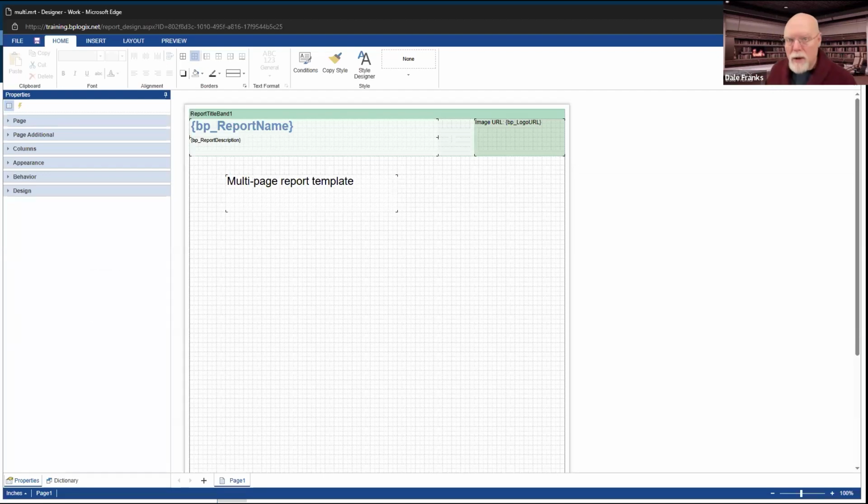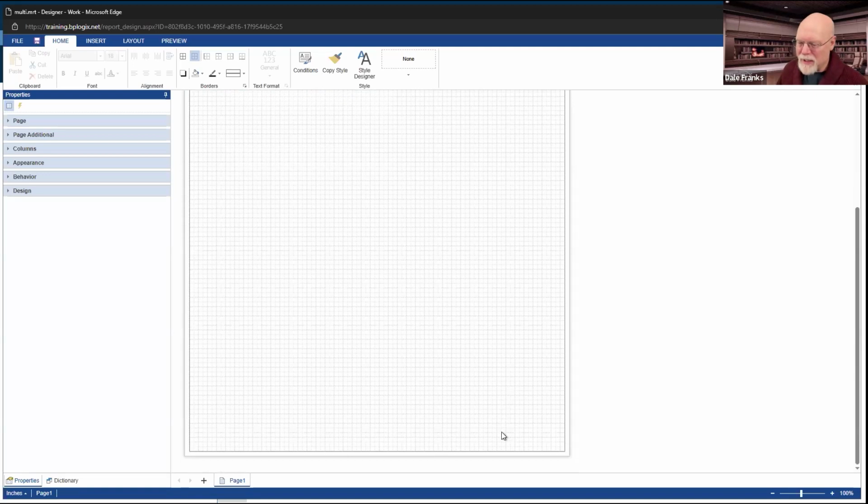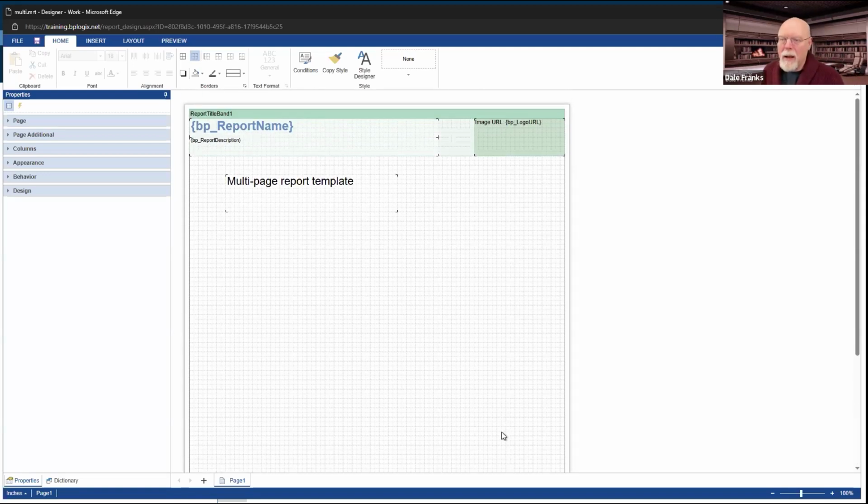Now, a few minutes ago, we took a look at the report, and what we saw was the name KView, because that's the name I gave this report. I probably should have given it a more descriptive name, but the report name is now KView. And we saw this text here that says multi-page report template. Everything else, as you can see, was blank. This is where we're going to do our work. So let's talk about its user interface so that we know how we're going to use it.